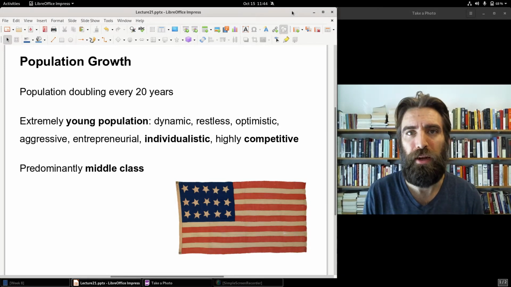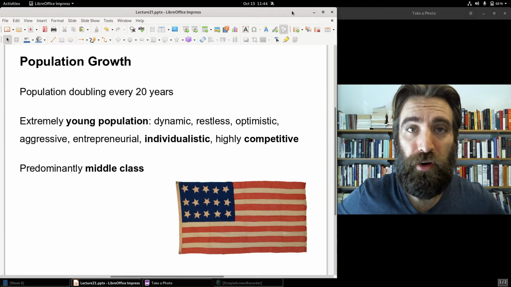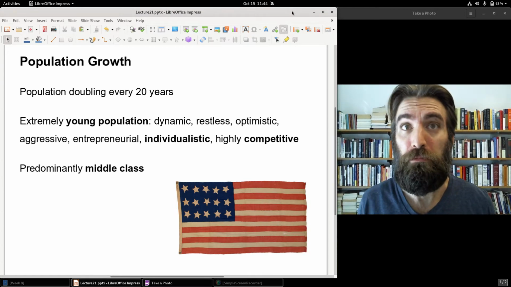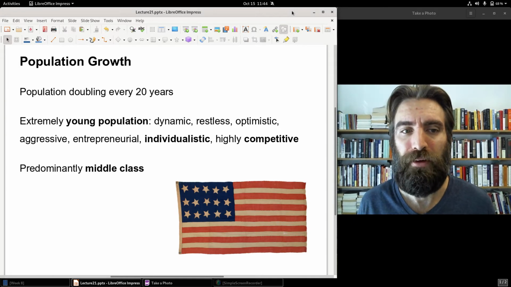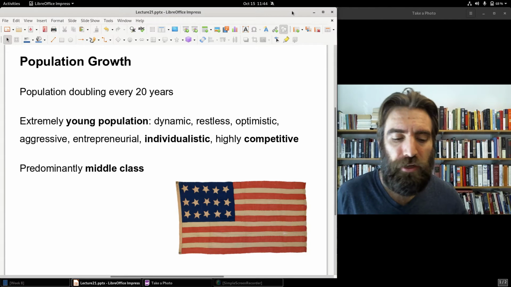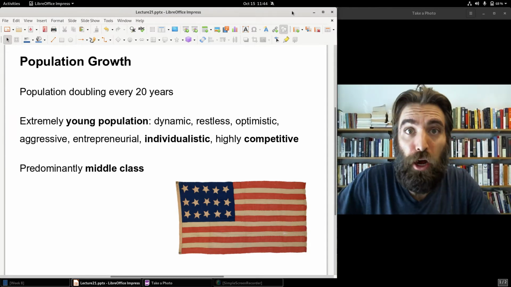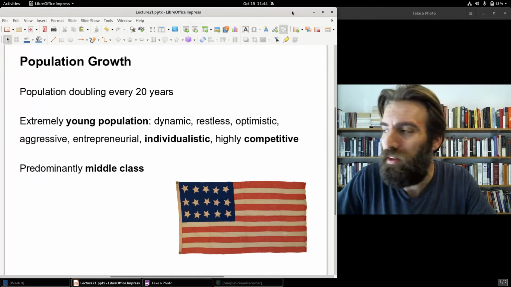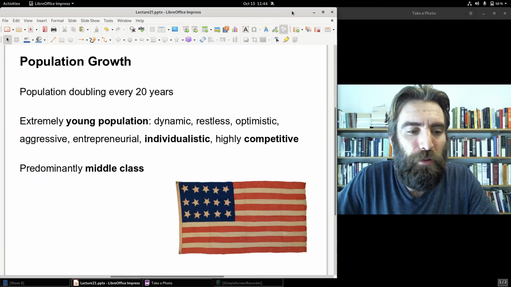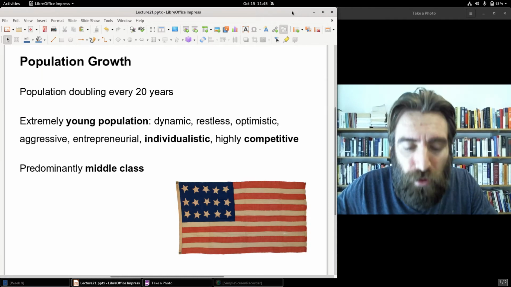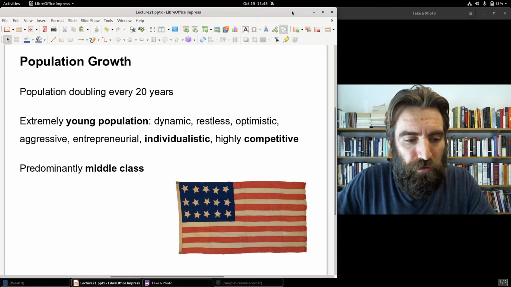I looked up what the median age in America was during the last census in 2010, and it was 37 years old. Okay, 37 today. Back then, 17. Essentially a nation of young adults. Maybe even you may say teenagers, although the concept of being a teenager back then was quite different. When you were 17, you were an adult, and you were a full-fledged member of society.